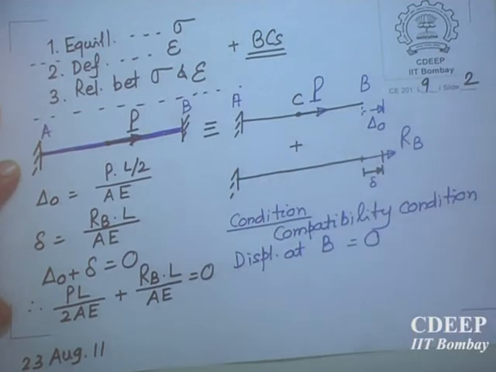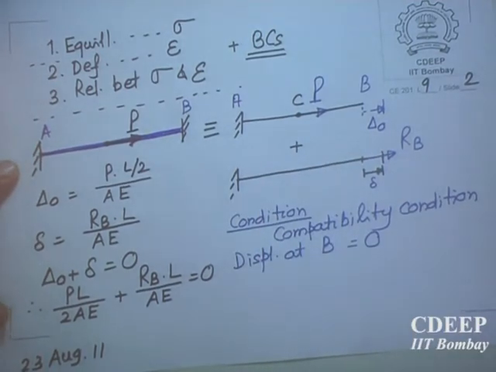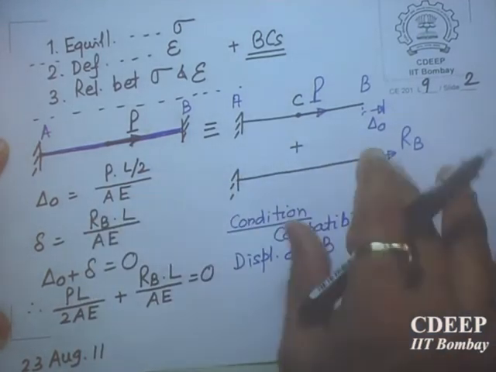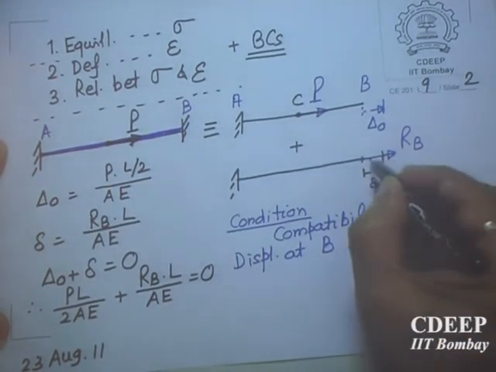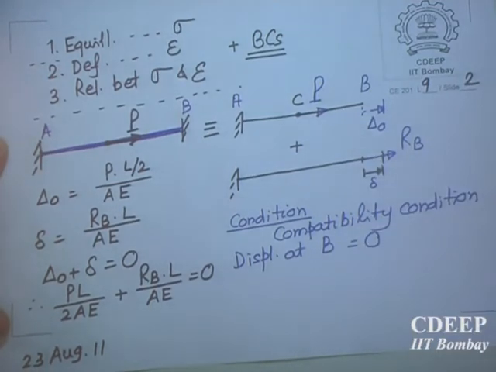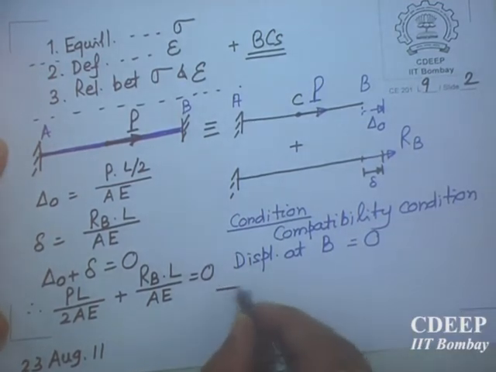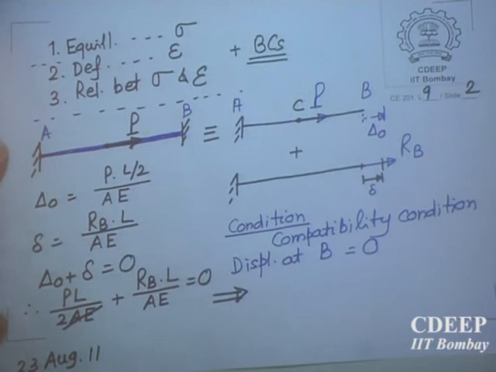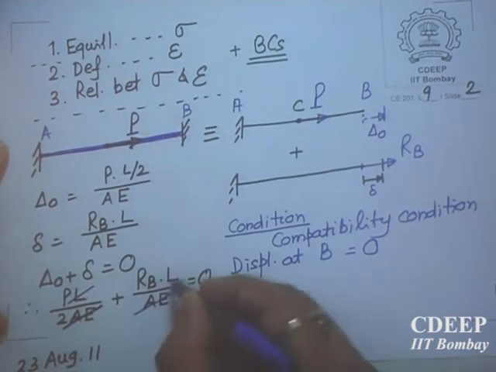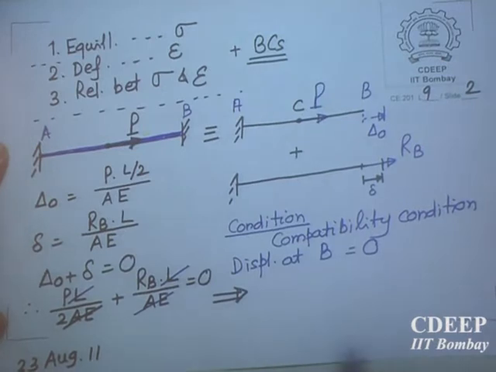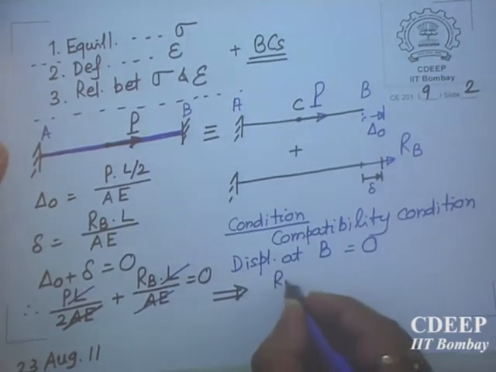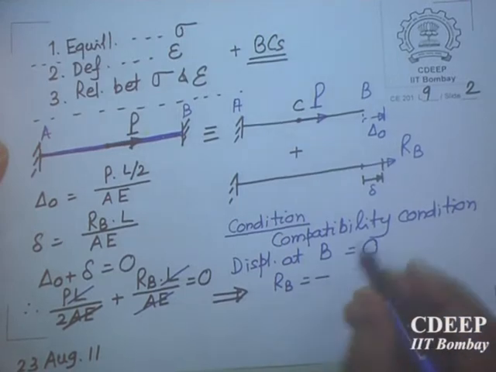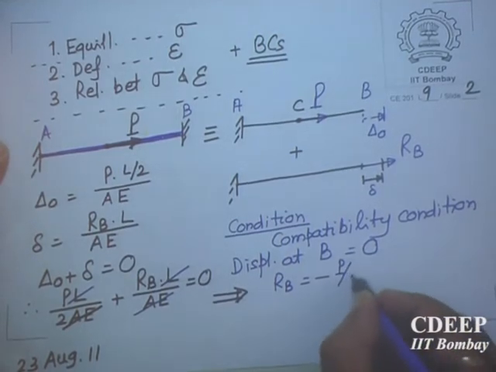If I had shown an opposite reaction, but then why should I do this? Let it come from the calculation. Direction will automatically come. Correct direction will appear from the calculation, so please take this. Always show the reactions in the positive direction. So this will lead to L will go, A will cancel, then L will go. So how much you get? This will give you minus P by 2. Is it correct?